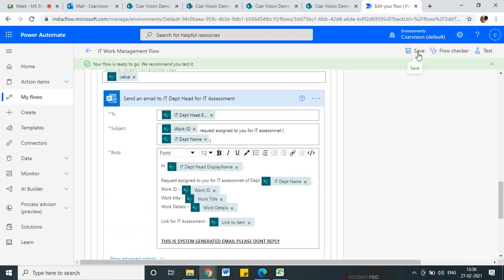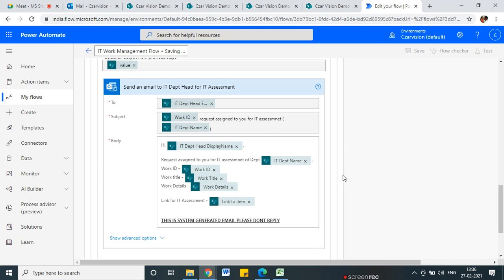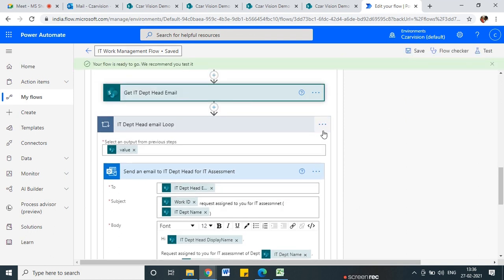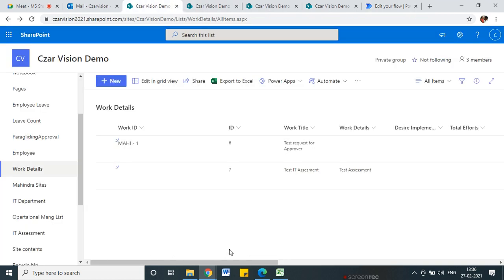So that value we are using here, IT department head email ID, and we send the email to all the department heads. Okay, for which purpose? The request came assigned to you for the tentative efforts, and those details will be filled by them. So again it's time to fill the request. Okay, so my earlier flow was not completed, that's why it's not. Let me refresh it